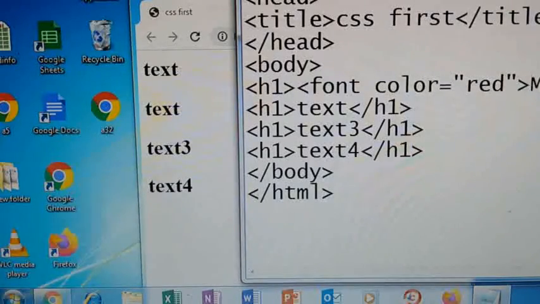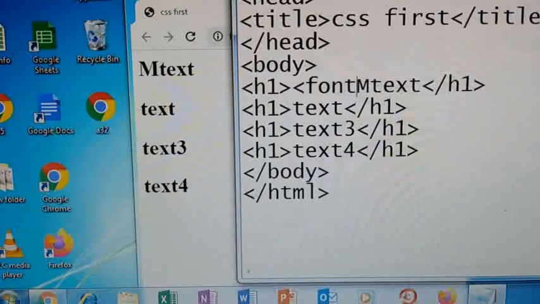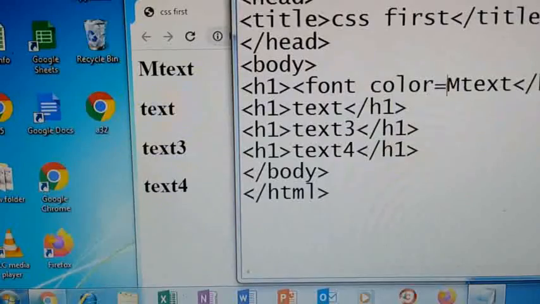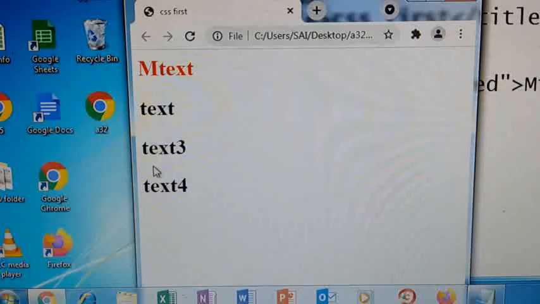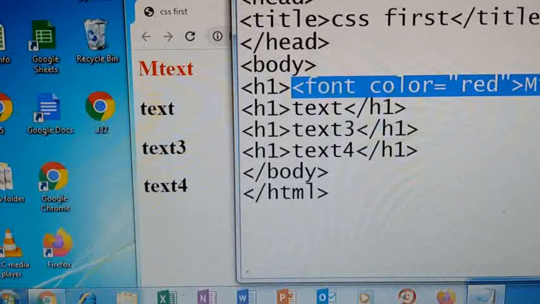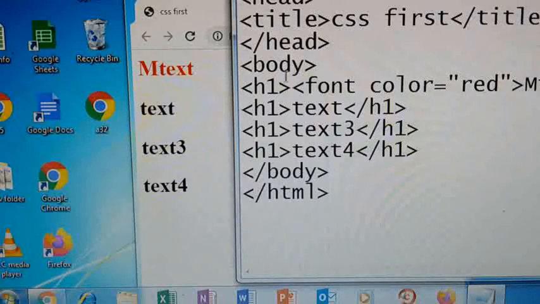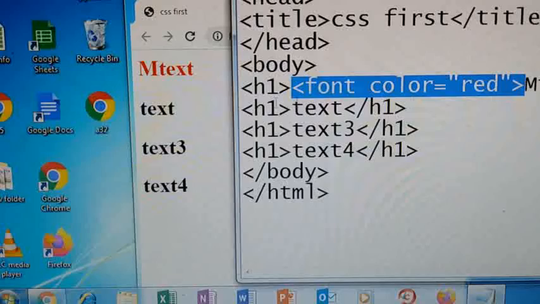Here for example, I want to give the font color red. Now save it, come to the browser window, refresh this. So the text color is changed into red. Suppose if you want to give a font color for all the remaining headings, then just copy this and paste it.